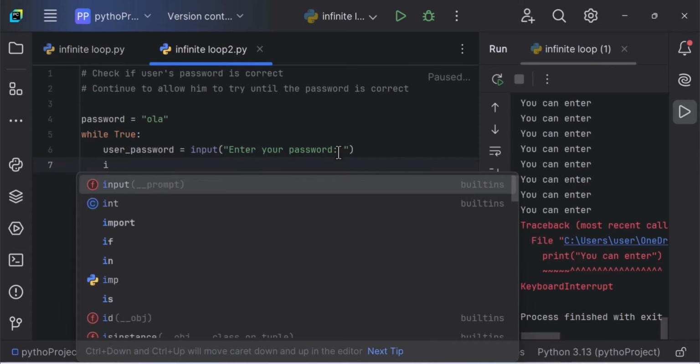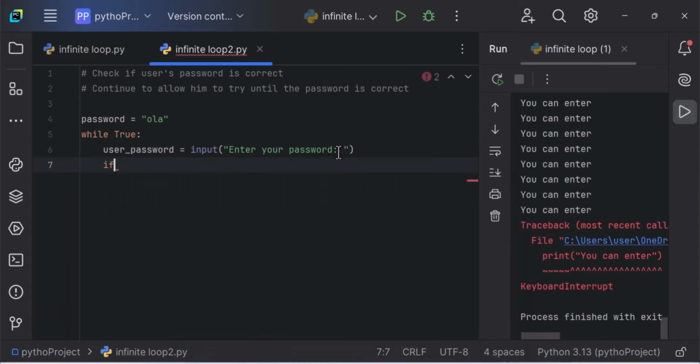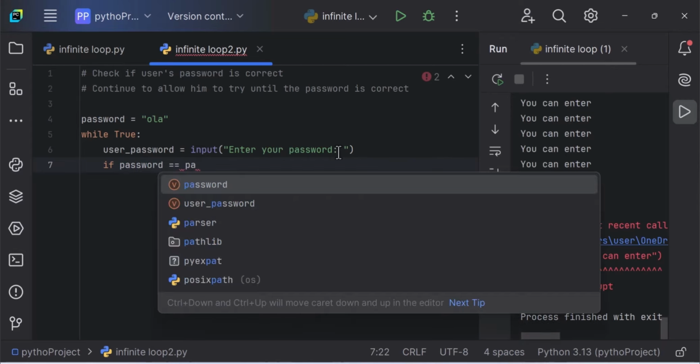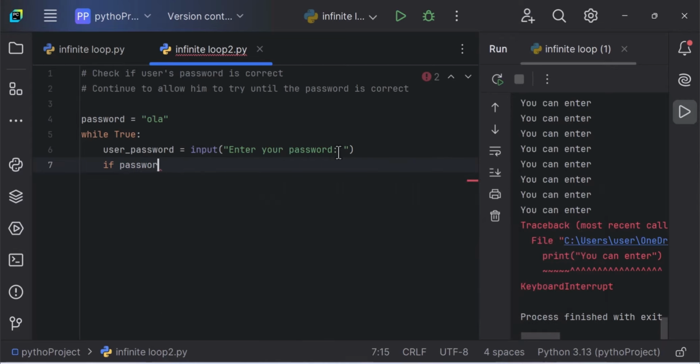If the password you entered equals the password, if user underscore password equals the password stored in the database, then we want to print "correct password",